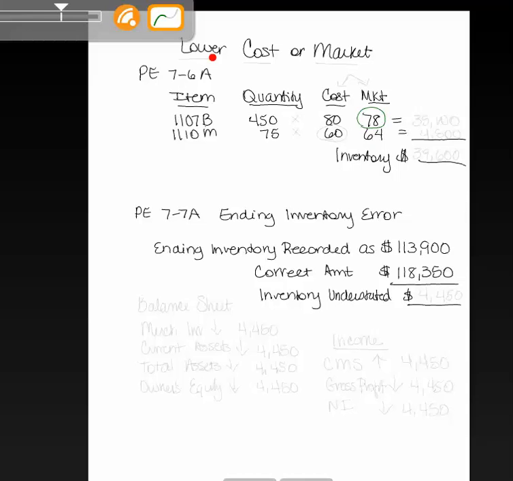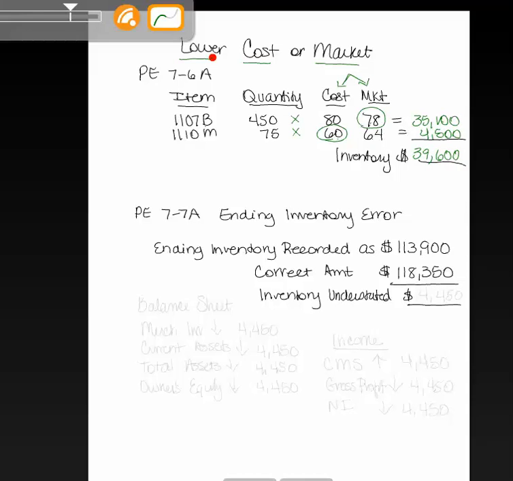And item M has a cost of $60 and a market of $64. So what you see me doing here is I'm comparing the cost with the market value. So for lower of cost or market, first you choose which is lower, either the cost in your books or the market price, and then you're going to multiply that out. So 450 units times $78 is $35,100. 75 times $60, which is our lowest number on the second row, is $4,500. So we would actually value our inventory at